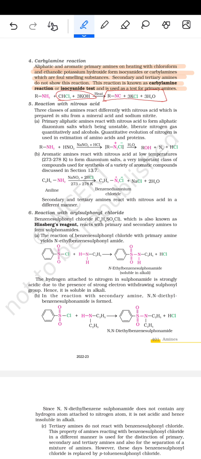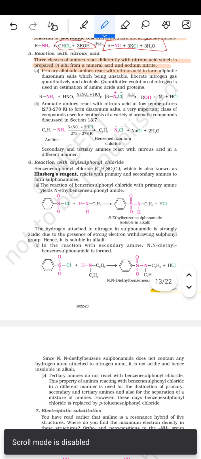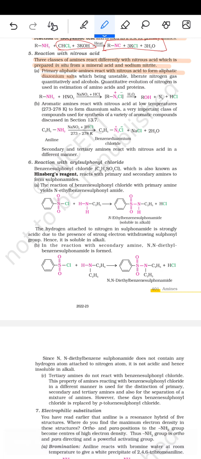फिर रिएक्शन विद द नाइट्रस एसिड. Three classes of the amines react differently with the nitrous acid, which is prepared in situ from mineral acid and the sodium nitrite. तो पहला है कि primary aliphatic amines react with the nitrous acid to form the aliphatic diazonium salt, which being unstable liberates nitrogen gas quantitatively and alcohol. Quantitative evolution of nitrogen is used in the estimation of the amino acids and the proteins. जैसे RNH2 प्लस HNO2 (NaNO2 प्लस HCl) तो RN2+Cl- और H2O को मिलाएंगे तो ROH प्लस N2 प्लस HCl